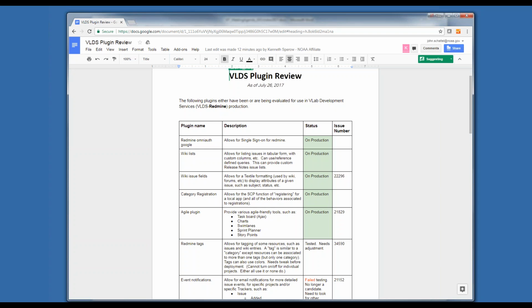So once a plugin gets to that point, one of the other things we do is look at the architecture of the plugin itself. What sort of changes is it making on the system? Is that going to potentially be a problem when we need to upgrade Redmine to a newer version when that becomes available, either for security reasons or because the core Redmine system itself has been enhanced in some way? So we're looking at that too,